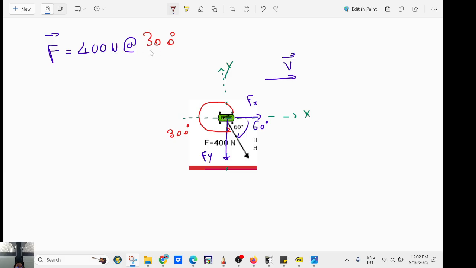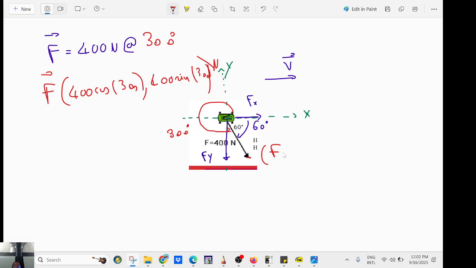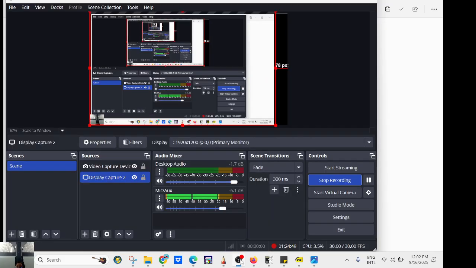Once you have the notation here, so the x component is easy, it will be 400 cosine 300, and the y component 400 sine 300 Newton. Agree? So that point here will be, you're going to have two components, x component and y component. So make sure if you have not done it that you open your textbook